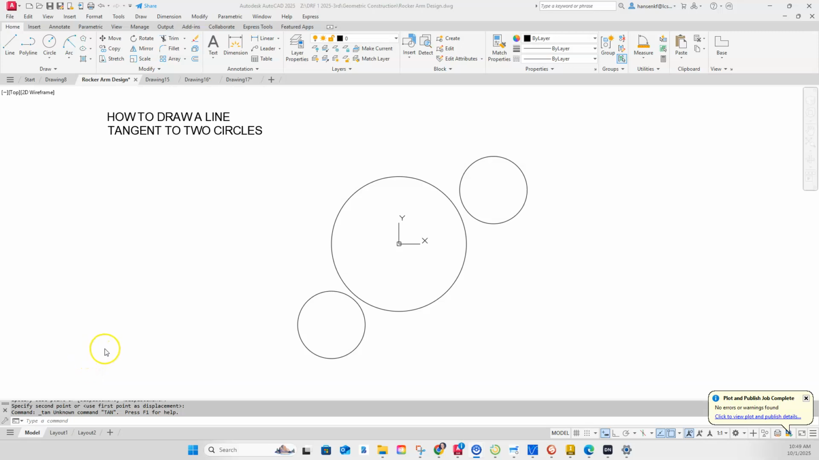We're going to look at creating a line that is tangent between these two circles. In order to do this, we're going to click on the line command and make sure that line command is working. There we go. We're then going to use the shift button on the keyboard. I'm going to click on shift with my left hand, and with my right hand I'm